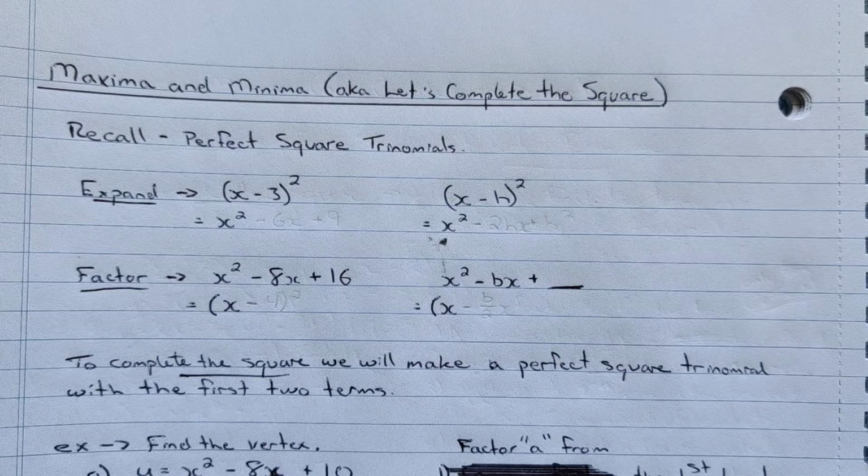This method we're going to learn is called complete the square. So finding maximum or minima, let's complete the square. Let's go back to when we were expanding and factoring, and we looked at the concept